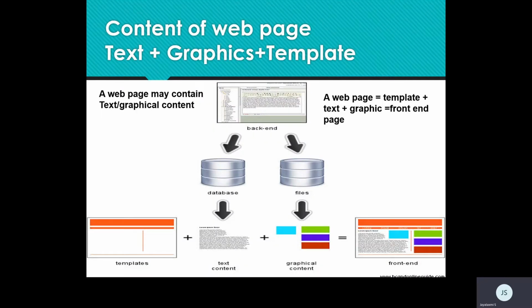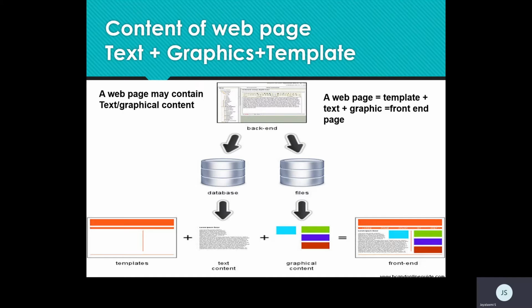What do I have in a web page? Basically, what I see at the end is called the front end. A front end is a combination of text and graphics in a specific style called a template. I want my Amazon web page to be displayed with a profile picture in a corner, or any number of graphical pictures laid down in a horizontal line, or I want some vertical display, or a scrolling display.